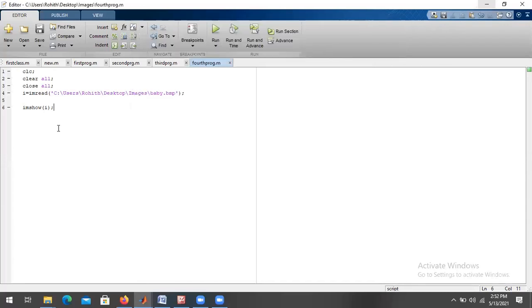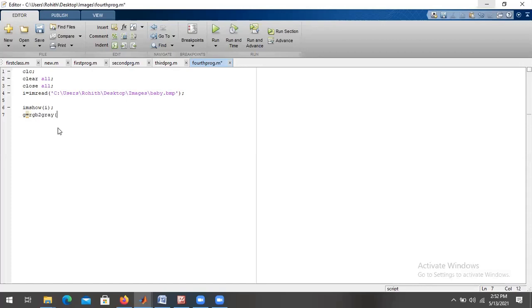So here, now I am converting that RGB to gray. It is a color image. A color image means it's RGB, a combination of red, green, and blue. So here I'm converting RGB to gray.